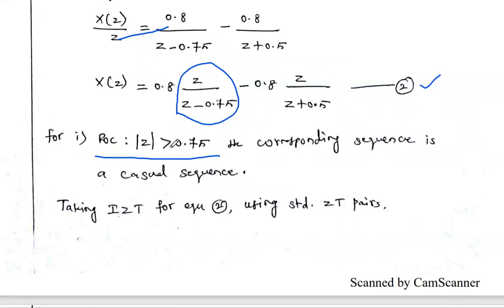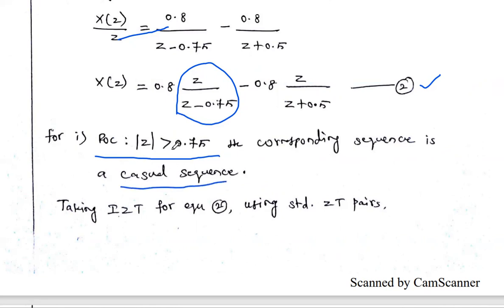According to this ROC statement, if the ROC is the exterior part of some circle having a radius, then the corresponding discrete time signal is compulsorily a causal sequence.